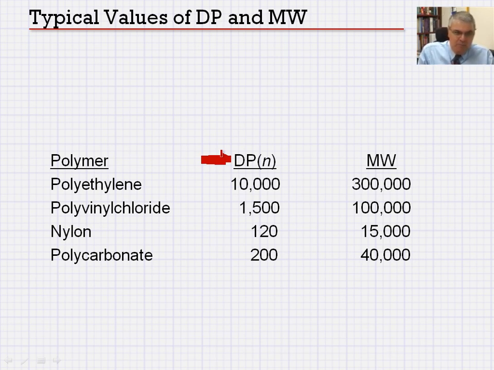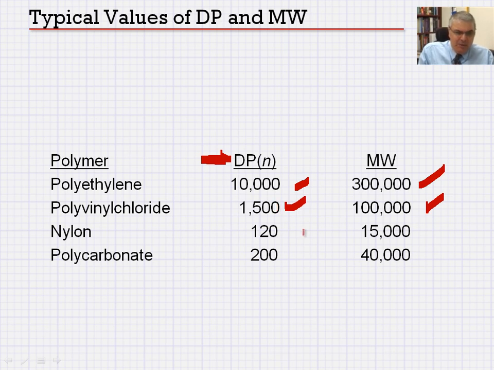For example, for different polymers, this is different. Look at the difference between the two. In polyethylene, we have the dP of 10,000 and an average molecular weight of 300,000. As we're coming down for the PVC, it's 1,500, and the molecular weight is 100,000, almost 1/3 of this, and this is also reduced by a factor of 8 or 9,